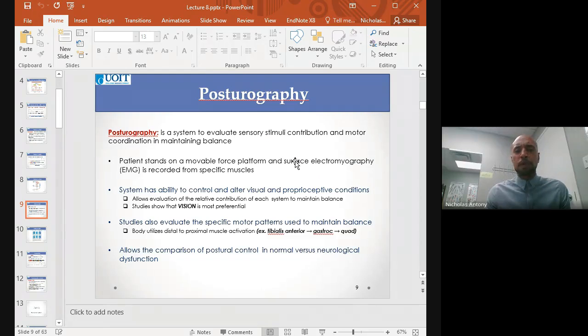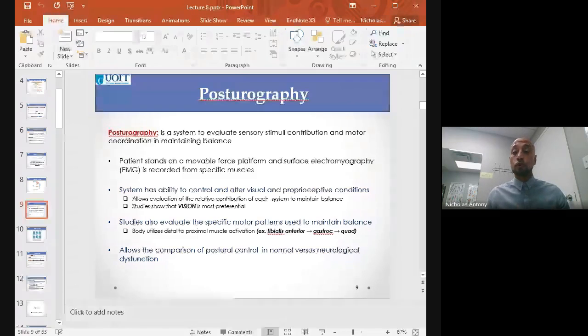Clinically, we use posturography to assess neurological patients' and older patients' stability, and then you can use that as a method to see how well the rehab is progressing. So if you look at that video, you can see it. Sometimes you use muscle EMG in research to look at the activation of muscles. Some studies have looked at regular people,